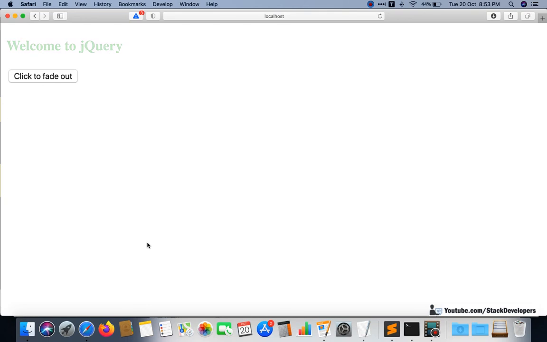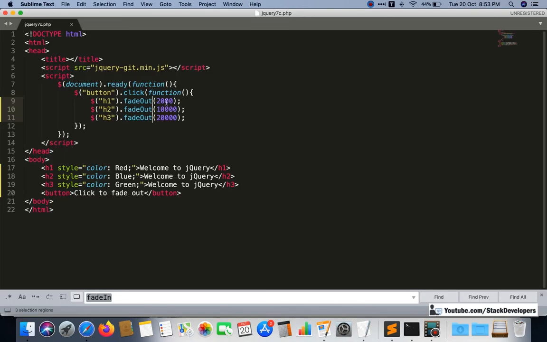You can see all the elements have gone away with the time that we have given: 2000, 2 seconds, 10 seconds, 20 seconds. These are milliseconds: 2000 milliseconds, 10,000 milliseconds, and 20,000 milliseconds. So this is the fade out effect, where HTML elements go away from the screen.